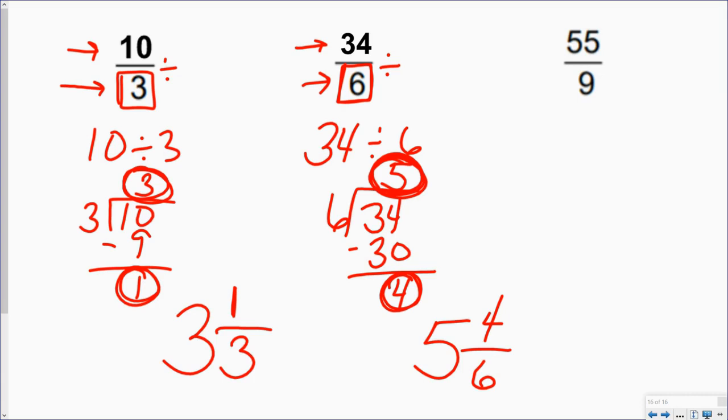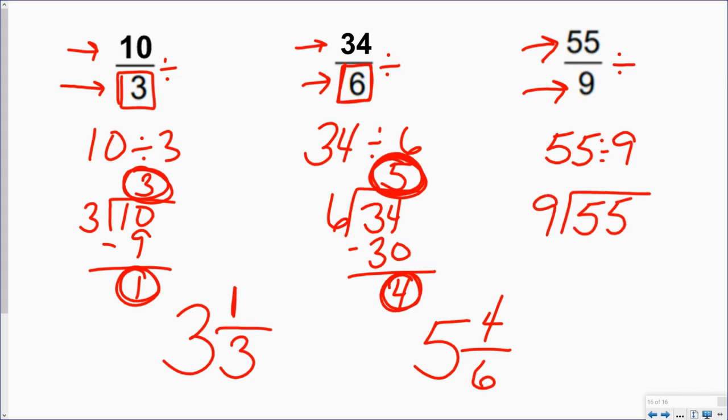My last one here, 55 ninths. Again, I know it's an improper fraction because my 55 is larger than my 9. And I know that this says 55 divided by 9. So if I write that down again, I have 55 divided by 9, or 55 divided by 9. I know that 9 goes in there 6 times, which is 54. So I'm going to subtract my 54, leaves me